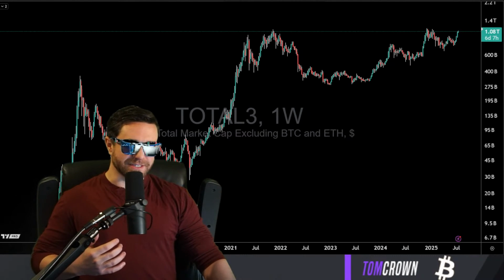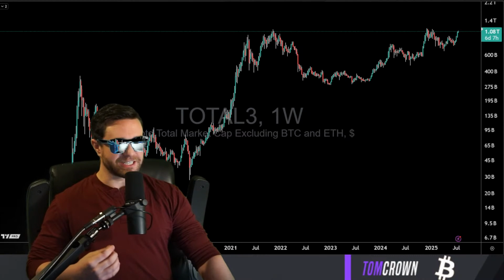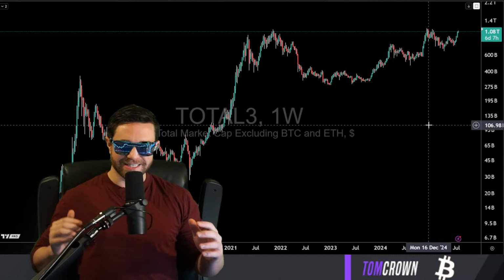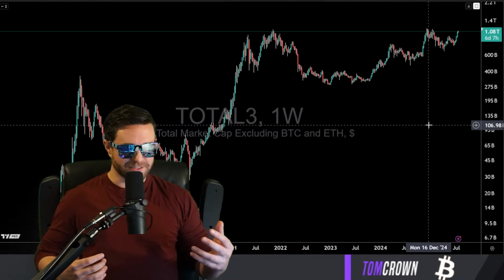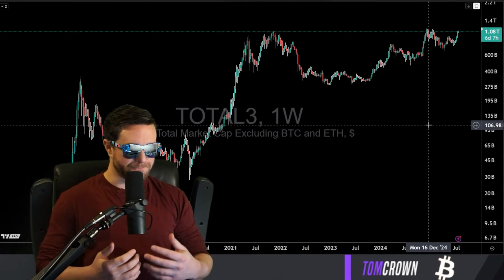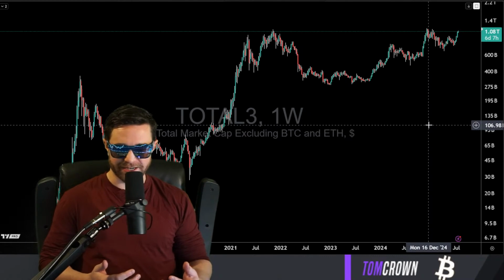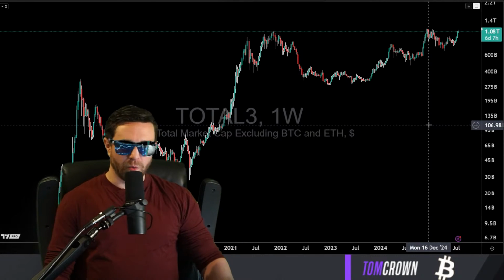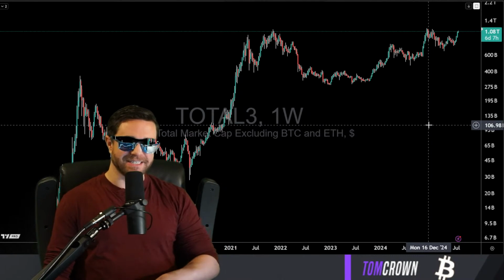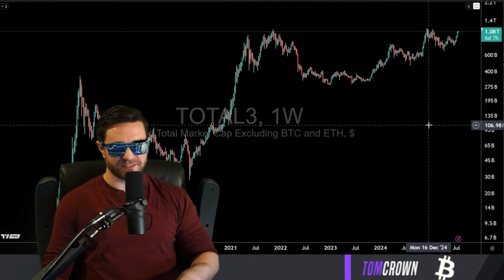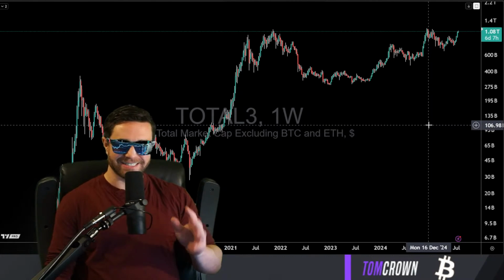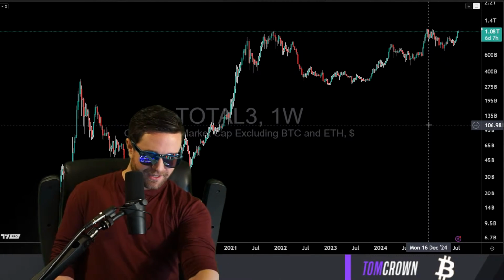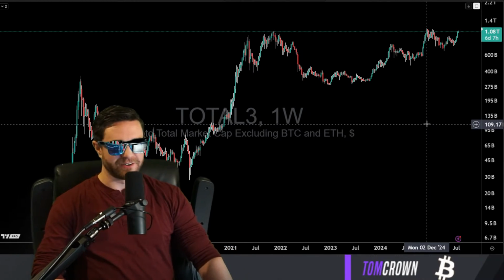We can see the alt season very clearly through a chart called Total 3, just Total 3 on TradingView. This shows us the entire value of the crypto market, subtracting Bitcoin and Ethereum. I use this because it really simplifies what we're looking at here. There are other ways to do this, but I think this is the simplest. So we're just going to stick with this. Whenever Total 3 is increasing, you really can call that alt season. That really is alt season, though, again, it's not what people imagine in their brains. It's not the bull run as they feel like they're promised or owed or are guaranteed, right?